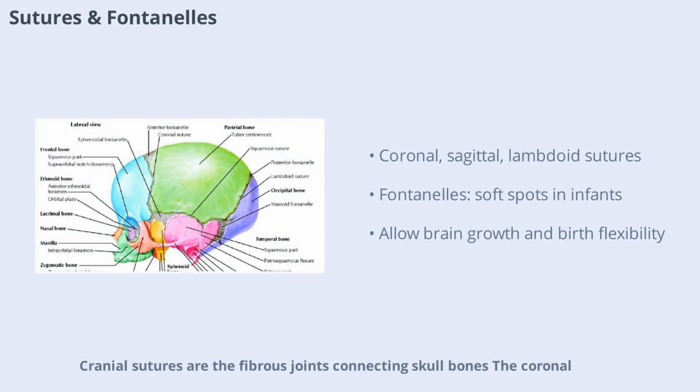Cranial sutures are the fibrous joints connecting skull bones. The coronal, sagittal, and lambdoid sutures are the most prominent, allowing for slight movement and growth during development. In infants, fontanelles, often called soft spots, are unossified membranes that permit the skull to flex during birth and accommodate